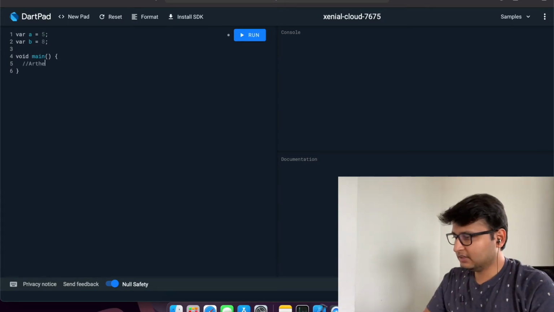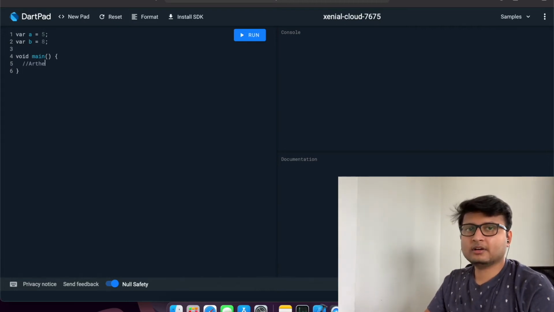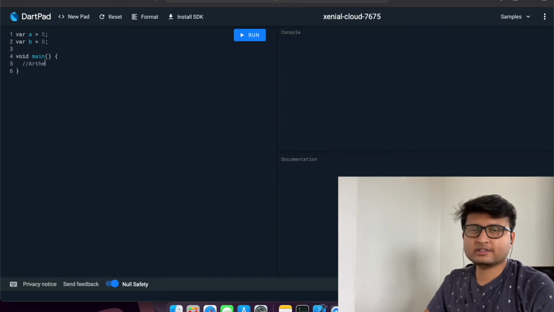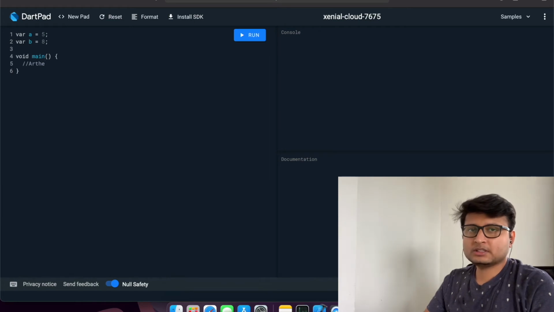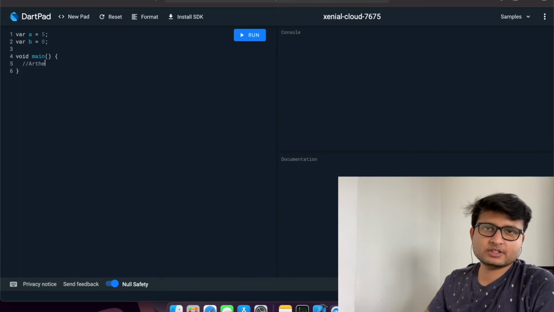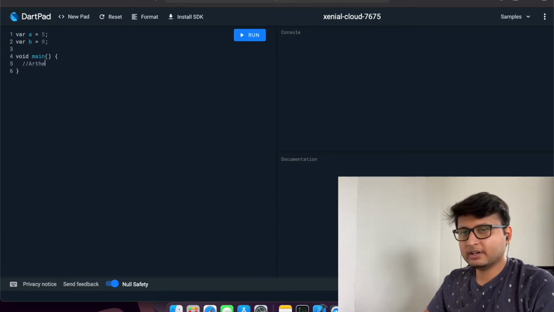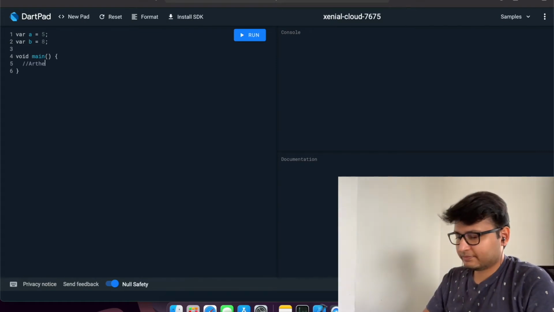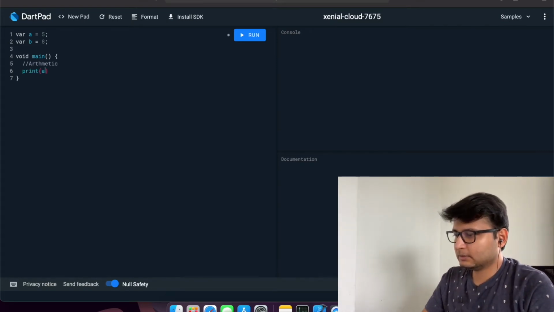So guys, first we will explore the arithmetic operators. The arithmetic operators, we have minus, we have plus, we have multiplication, we have divide, we have remainder, which is modulo. And there are two more, which is plus plus, used to increment the value of any variable by one, and minus minus, which is to decrease the value of any variable by one. So we will explore all the operators now. First, let's try with the plus operator.